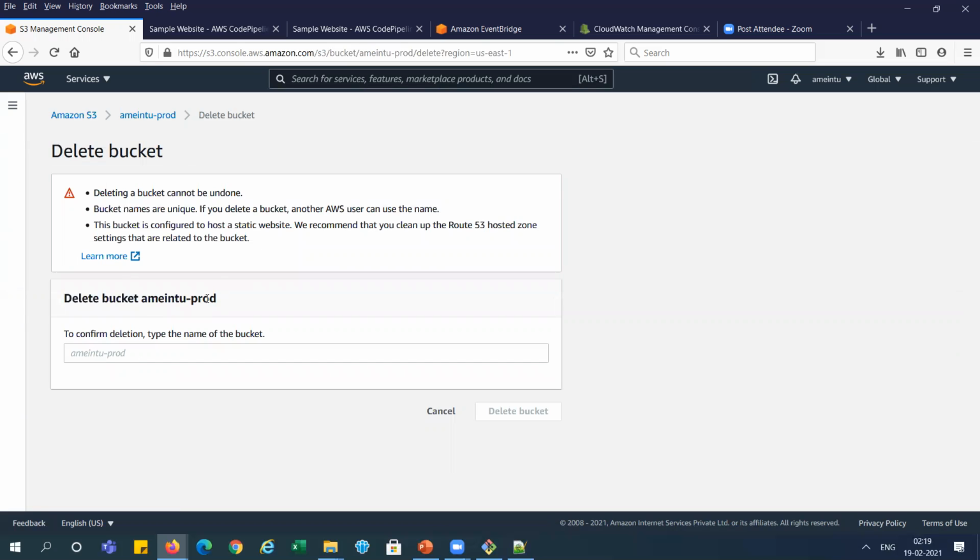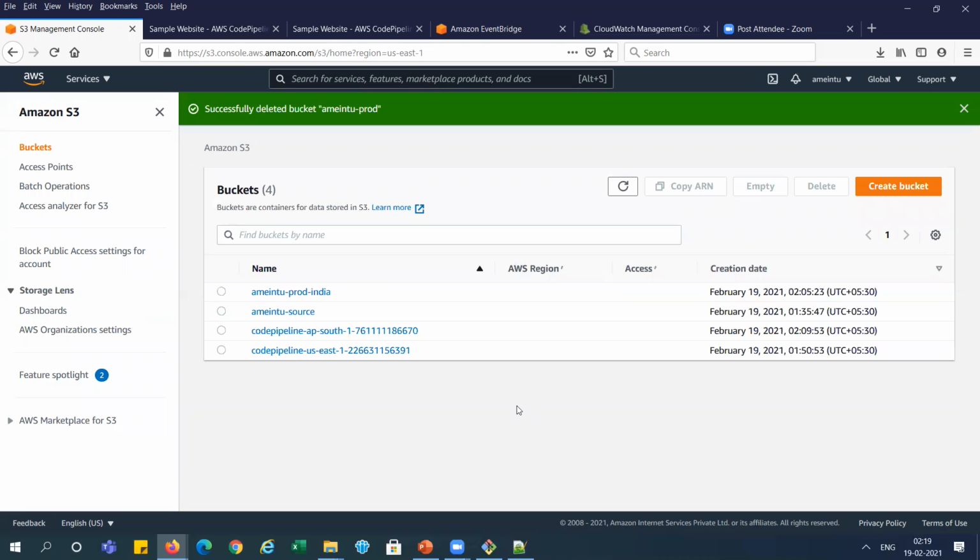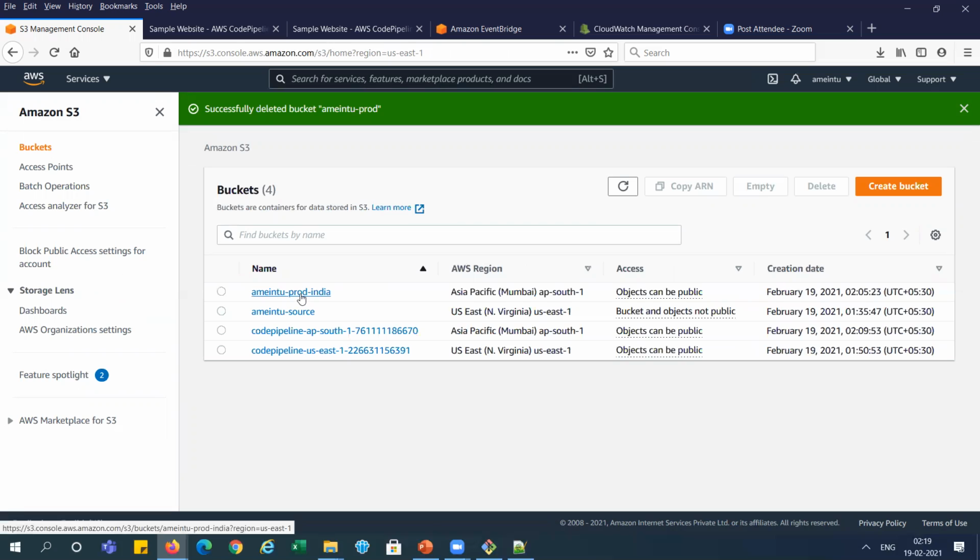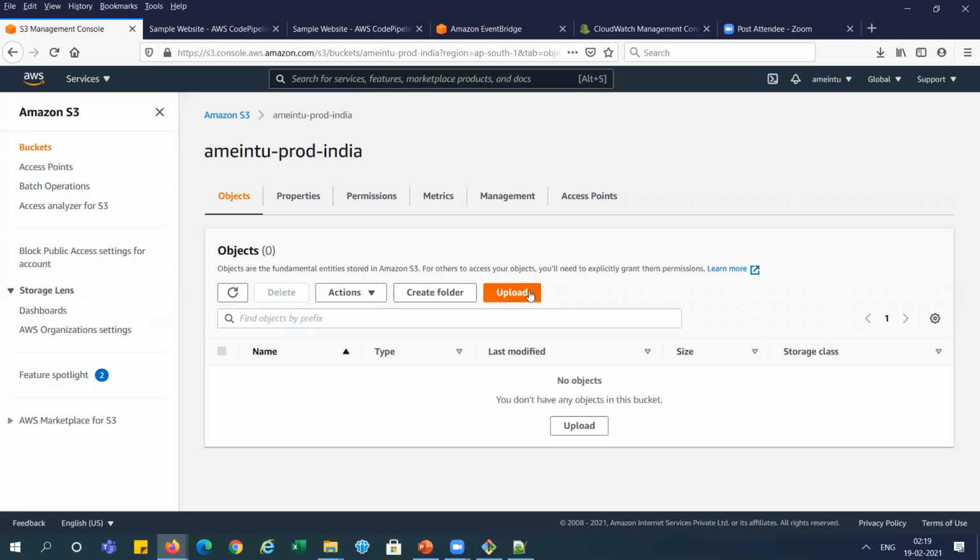So we need to write the bucket name over here, right? You can see this bucket is deleted, right? Sorry.